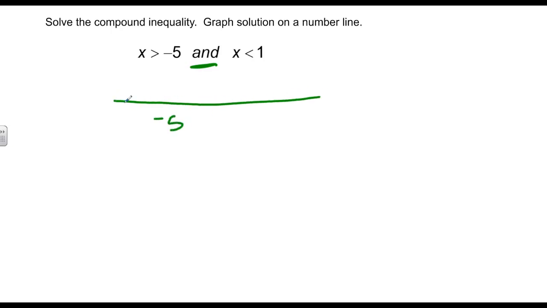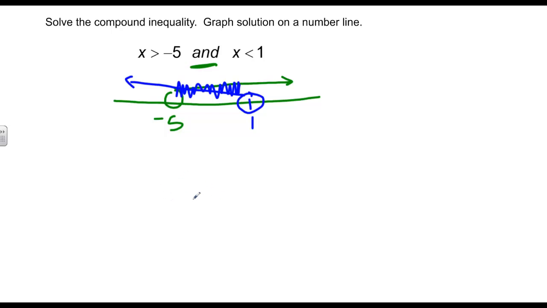on a number line, and I'd open circle that, and I would move to the right. Now, if I was to graph on that same number line, x is less than 1, I'd open circle that, and I'd move to the left. Now, in our previous slide, we said that if AND is my operator, then both solutions must be true. In other words, they must overlap. And you can see in this example here with the diagram that I get an overlap